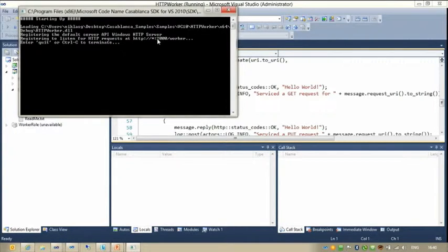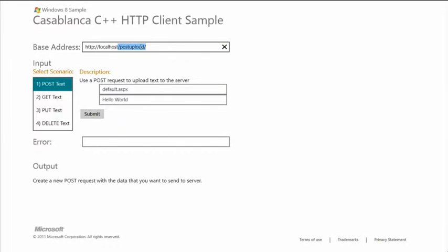Star is a short form of the local host name. So we'll put localhost 2000, and it's actually at worker that is the address we used. It doesn't really matter what resource we're asking for, because they're all under that top-level resource worker, so they're all going to go to those handlers.